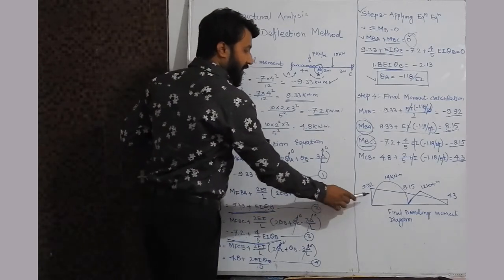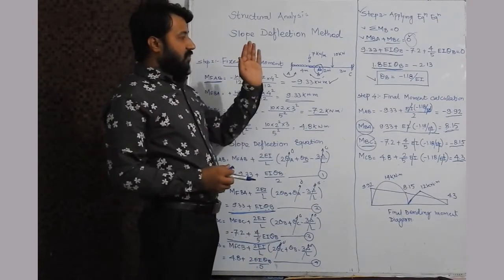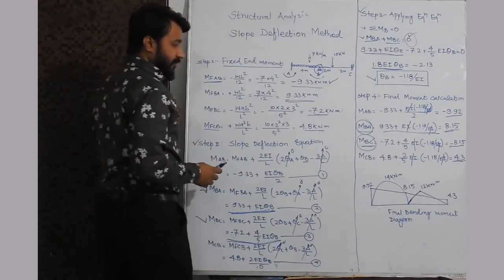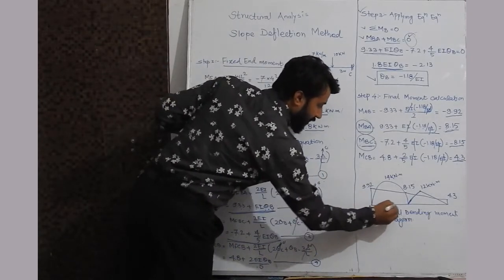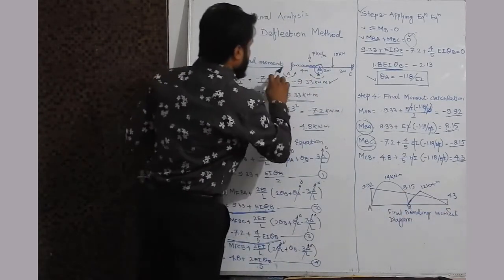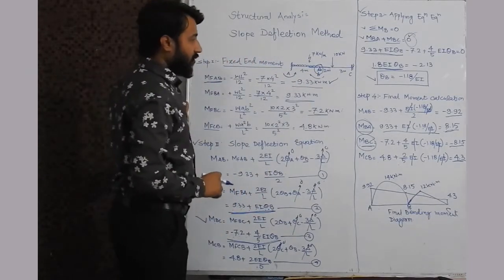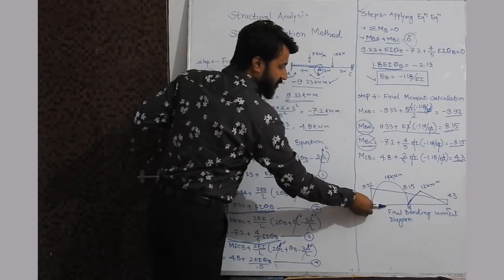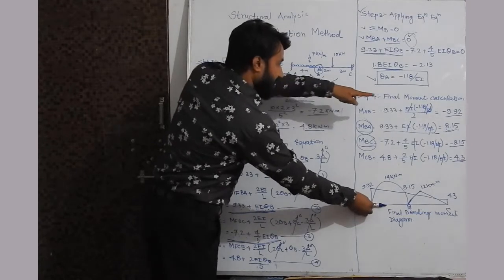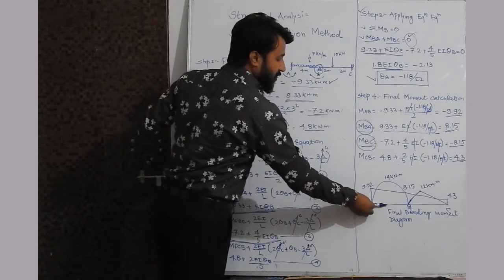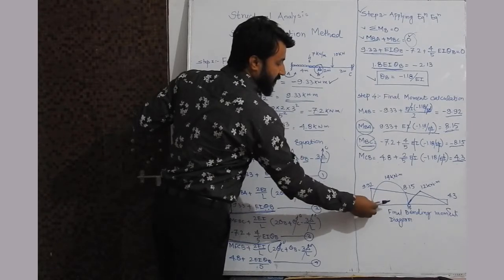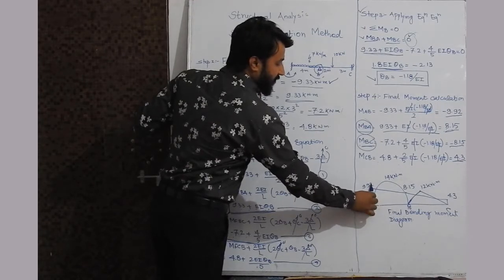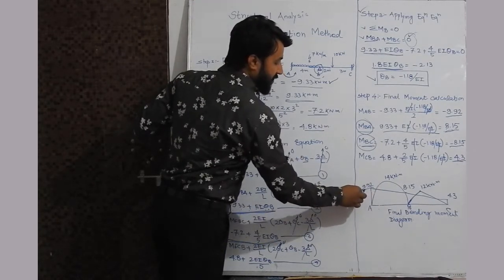Now if you draw the final bending moment diagram, you have to see the sign of that particular moment value. Suppose this is A, this is B, and this is C. Now we have to draw moment AB. For moment AB, we will put the pen at A towards B direction, and we will see the moment and its sign. The sign is minus, so we will rotate this pen in anti-clockwise direction. If the sign is minus, we rotate the pen anti-clockwise, which will be upside. So we will write this 9.92.